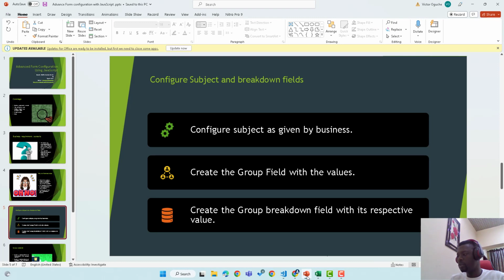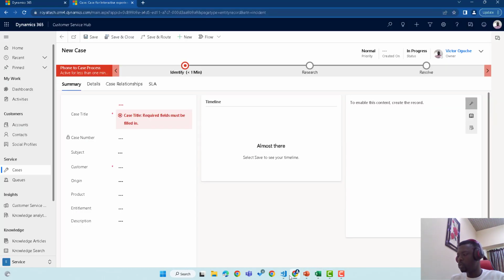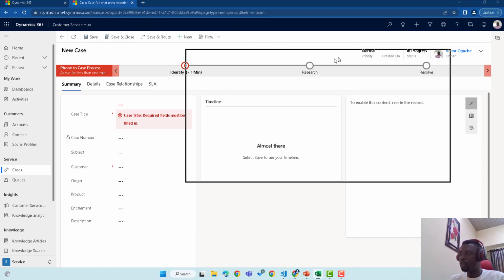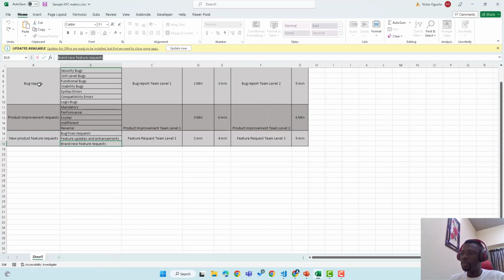So next, we need to create a field that will hold an option set for our groups. We want a field that will hold bug reports, product improvements, and new product features, so that agents could just select it instead of going to the subject field to navigate and look for that. So to do that,